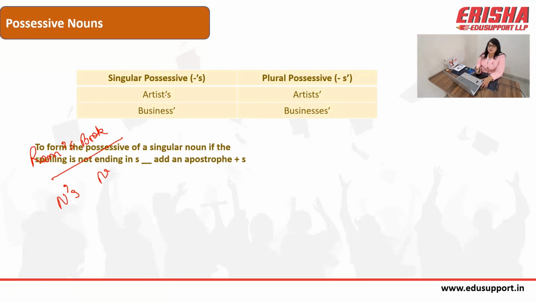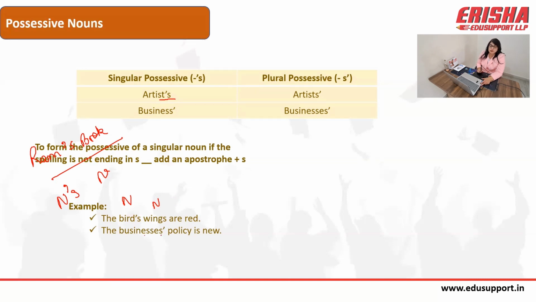Like for example, we'll say artist. We can say artist apostrophe s because it is a singular noun not ending with s. We'll just put apostrophe plus s. One more example we can look at: bird's wings are red. So bird apostrophe s. Bird is a noun, wings is also a noun. So of the two nouns, the first noun is showing the ownership of the wings. So we say bird apostrophe s. The wings belong to the bird.